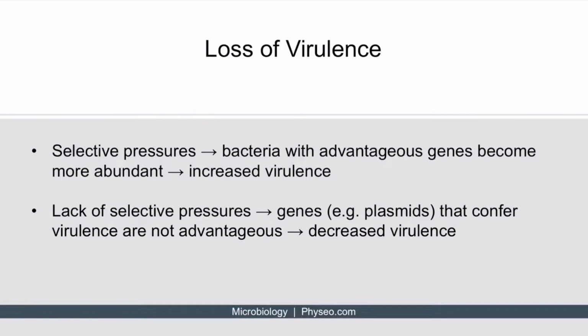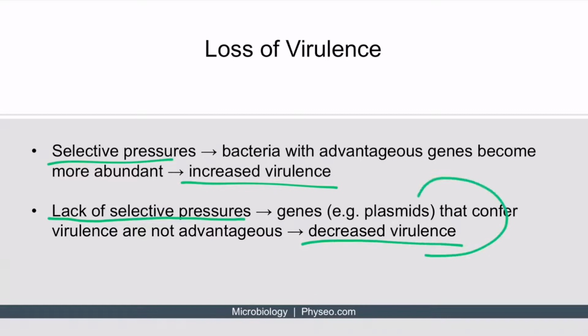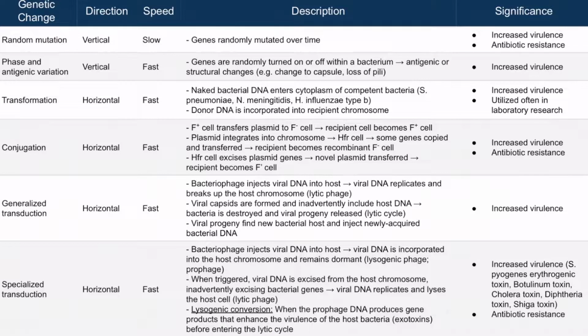So the point is this: selective pressures can increase virulence and lack of selective pressures can decrease virulence, which often looks like a loss of plasmids. To dominate step 1, you need to be familiar with each type of genetic change listed on this table. For example, a question may describe one of these processes, and you will be expected to know which one is